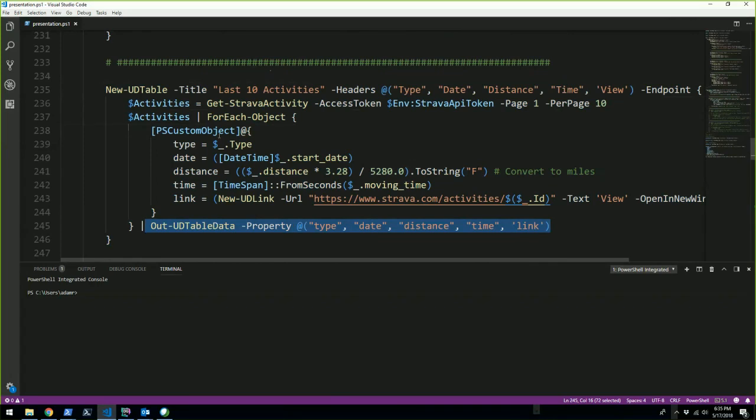So again, I'm calling Get-StravaActivity here to get the last 10 activities that I've done. I'm taking each one of those objects and transforming it a little bit. This is to show that this is just PowerShell. You can do whatever you want here that you could do in PowerShell. So I'm converting this one to a DateTime. It comes back as a string, so I'm parsing that. I'm taking this distance, which comes back in meters, and converting it into miles. I'm taking this time, which is the amount of seconds that I was moving during that activity, turning it